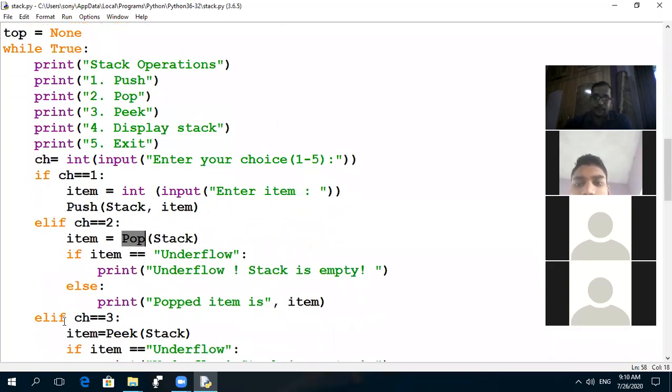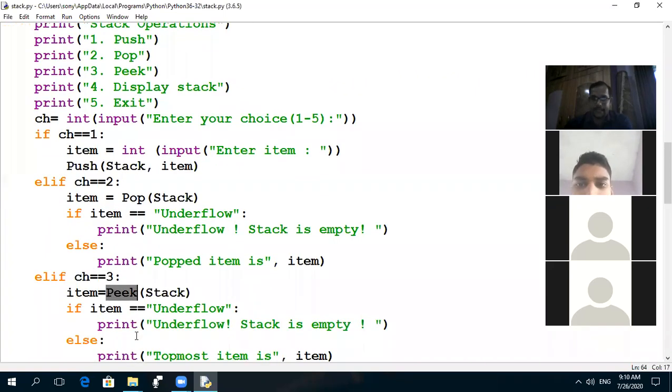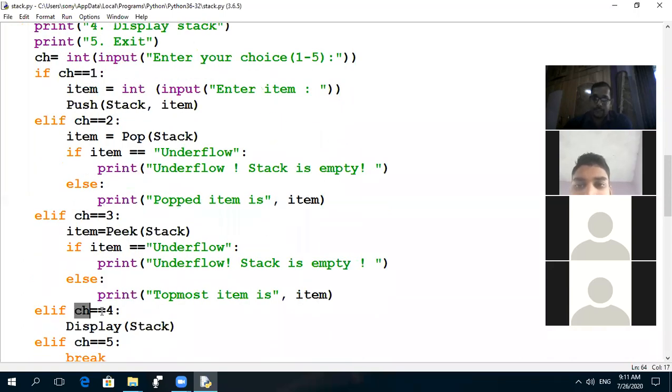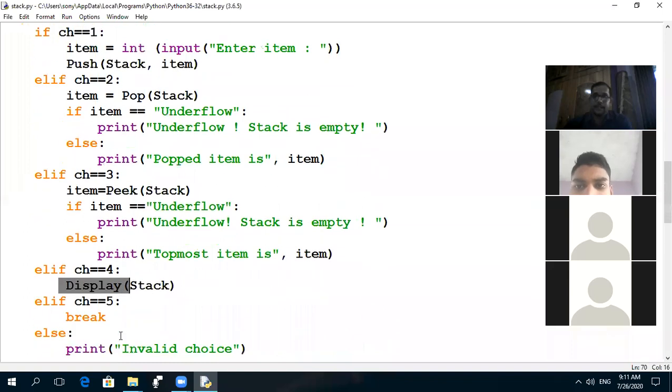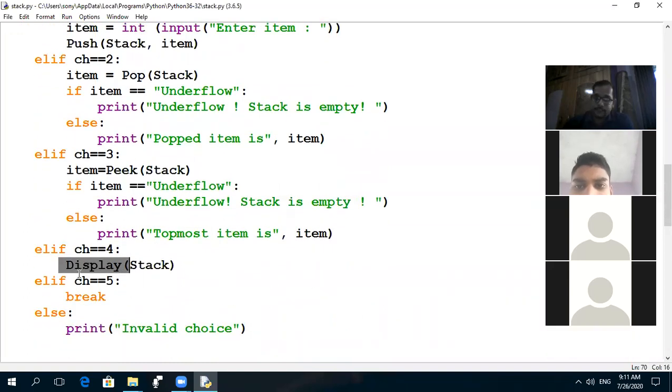Similarly, if your choice is 3, it will perform peek, which means it will display the topmost element from the stack. Then if your choice is 4, it will perform the display stack operation. And if your choice is 5, that is the last one, that means break, jump out